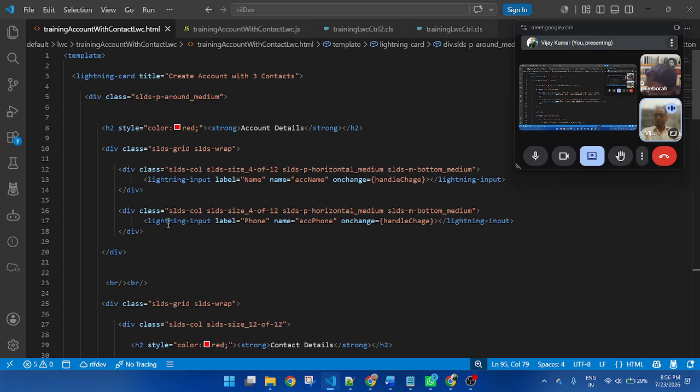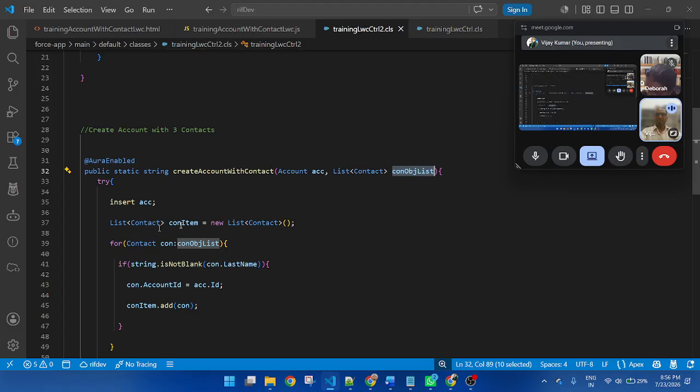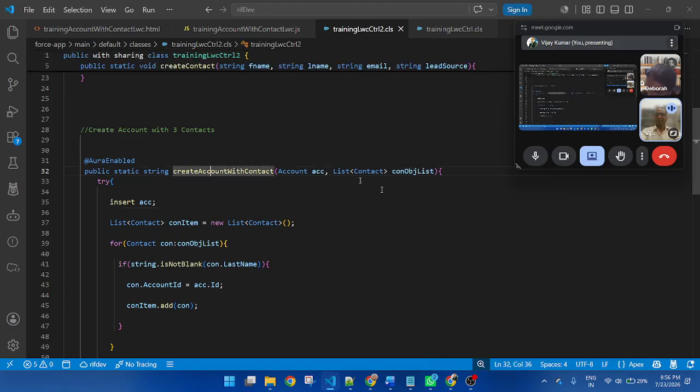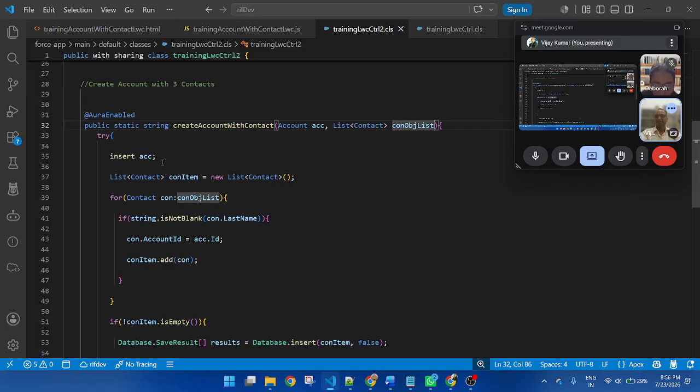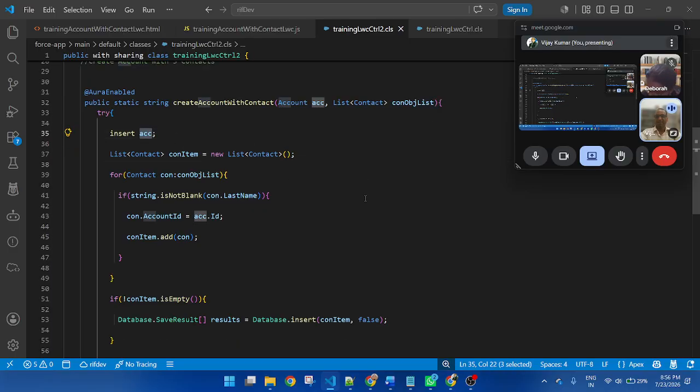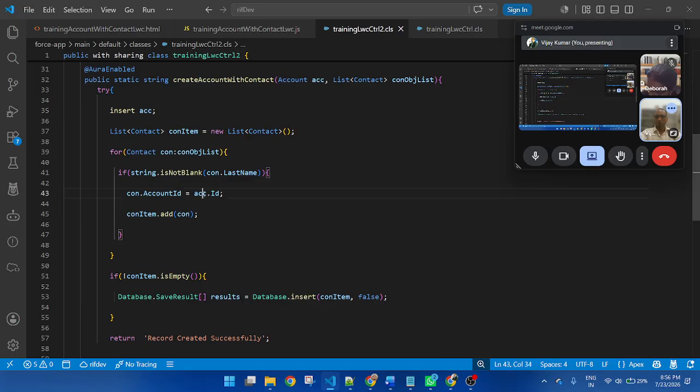This is the part of the component. If you go to the Apex controller, this is the name of the method, createAccountWithContact. Here I am passing an account and a list of contacts. So first I am inserting the account, and this account ID I am passing into the contact.